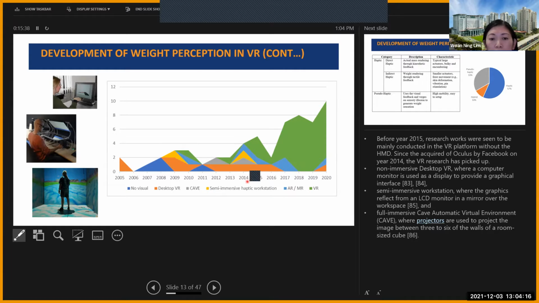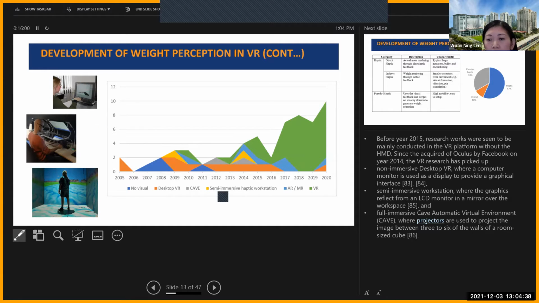Before 2015, you can see that the research was mostly on a few platforms. For example, the non-immersive desktop VR, where a computer monitor is used as display to provide a graphical interface. Okay, they just use a normal desktop for it.